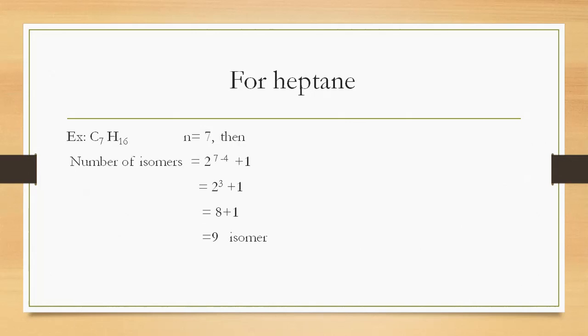And now for octane, to know the number of isomers alternatively, what you do is: number of isomers is equal to 2n. This is only for octane. Remember this, octane. Number of possible isomers is equal to 2n, and n is the number of isomers in the previous alkane. So it is 2 into 9, because heptane has 9 isomers. So I have 18 isomers. 18 isomers. Yes or no?